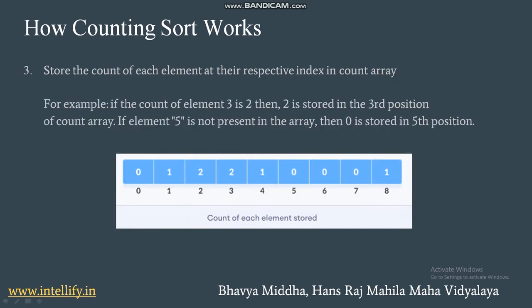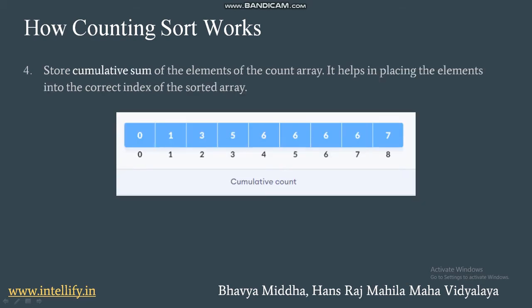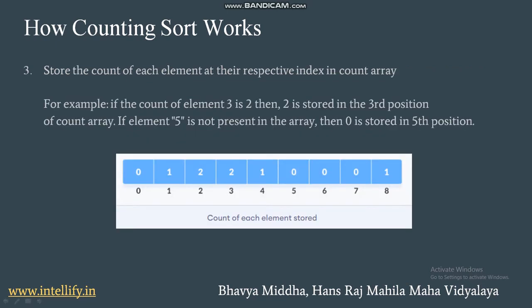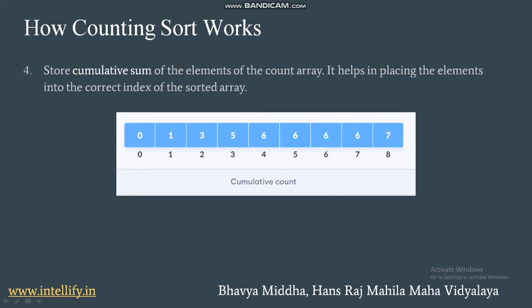What is cumulative sum? 0 plus 1 will be 1, 1 plus 2 will be 3. Okay, so here for 2, the cumulative sum is 3. Then 2 plus 1 was 3, right? So 3 plus 2, 5. Therefore, here above 3, we have the cumulative count as 5. And then you can also do 6 minus 5, that is 1. So 4 is occurring once.